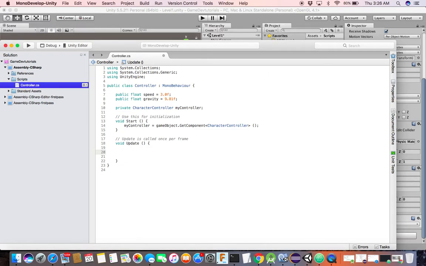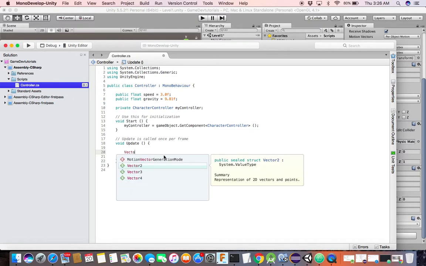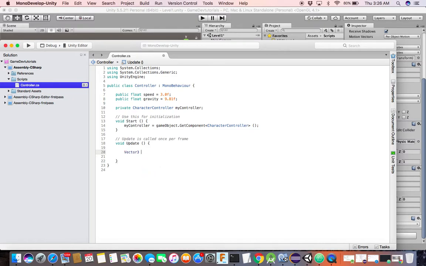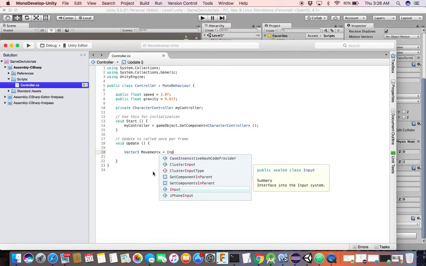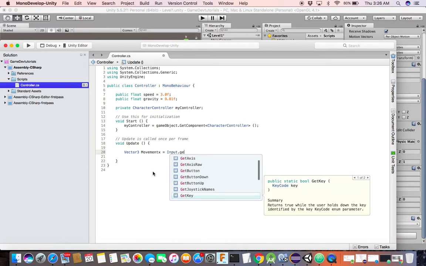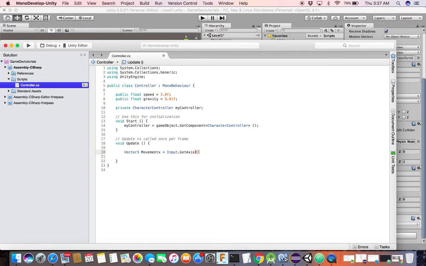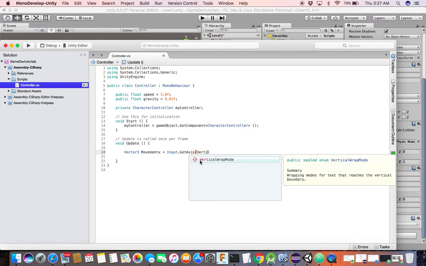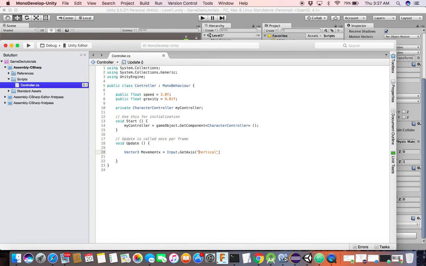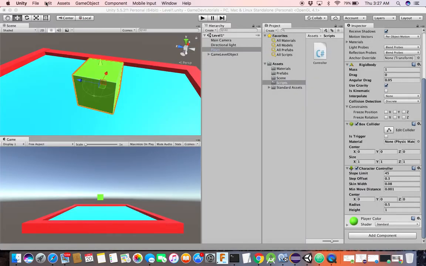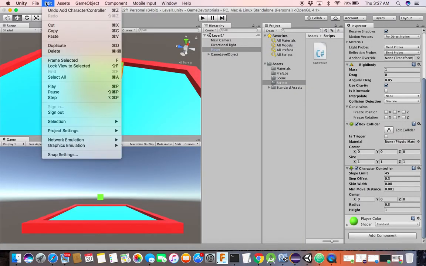So we're going to call a vector3 variable. We're going to say Vector3, and then let's give it a name. So Vector3 movementX equals Input.GetAxis, and we want to go vertical because we want to either go forward or backward, and definitely have quotations. So actually, before I start coding this part, in your Unity scene,